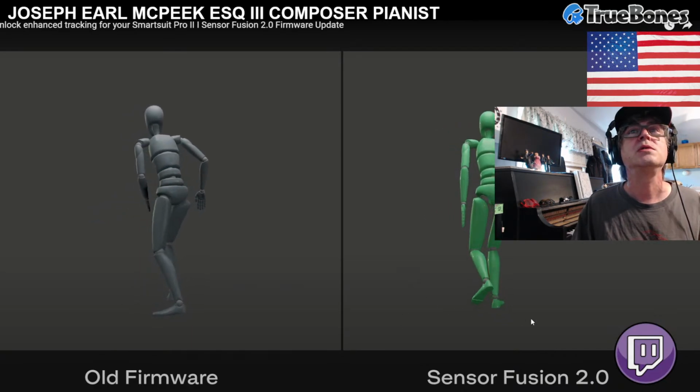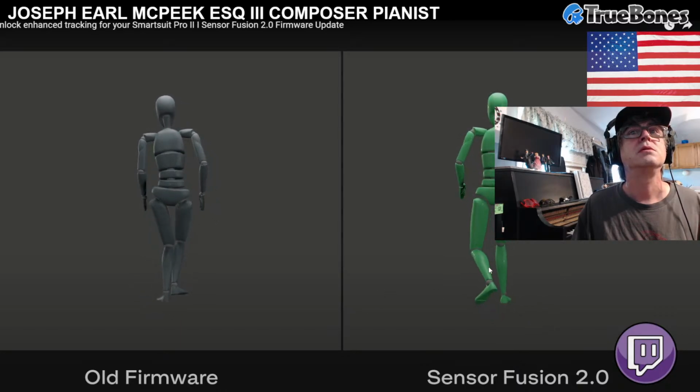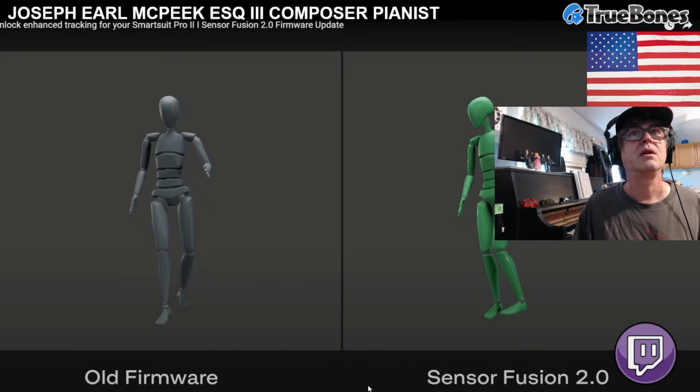If we check out this example with some running motion capture, on the left we have the old firmware, and on the right we have the new Sensor Fusion 2.0 firmware update. And immediately will get even better once it's run through Rococo Studio. So these are the kind of...